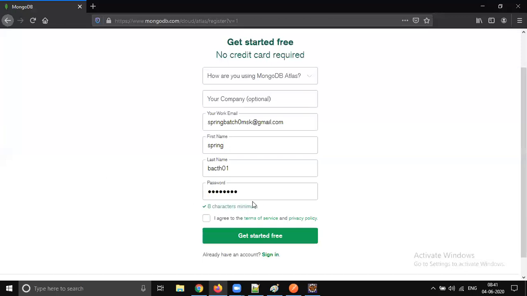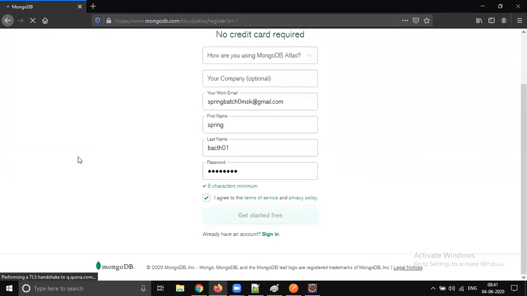Yes, we meet the criteria. Just click on agree, click get started. So now we created one account. It will take a while to log in. Yes, now we logged in. Profile creation done.